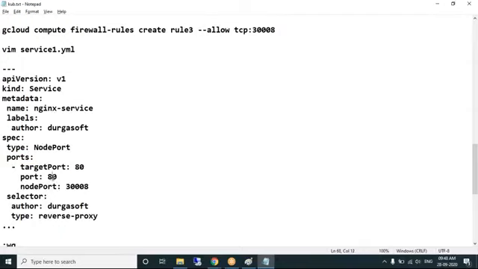This is the service object port. It can be the same or different. I'm maintaining the same port. Node port is at the host level. At the cluster level, how are we planning to access it? That's 30008. Using the selector field,